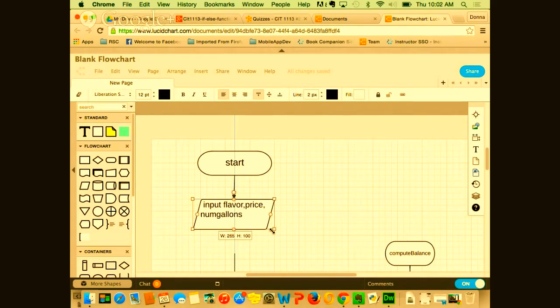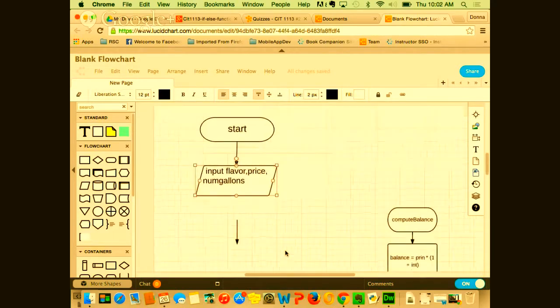Okay, all right, so what's next? What do I need to do next? Once I've got my input defined, what do I need to determine? What is going to determine whether I display a message down here?